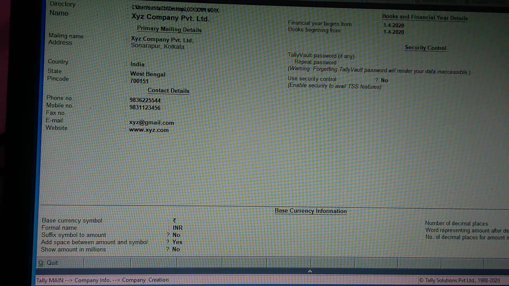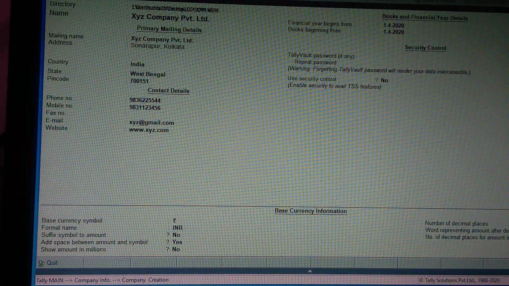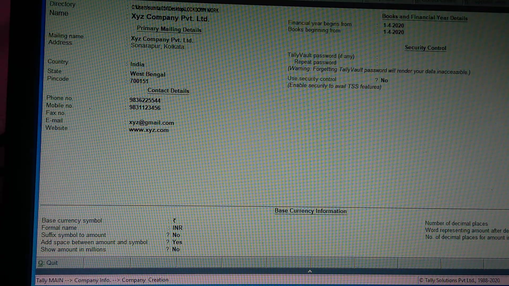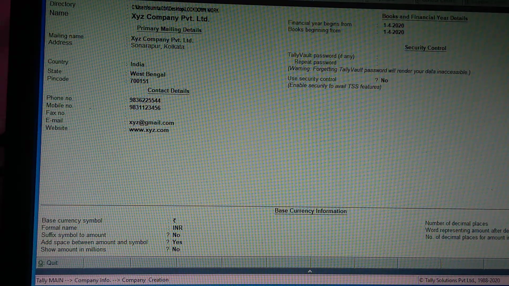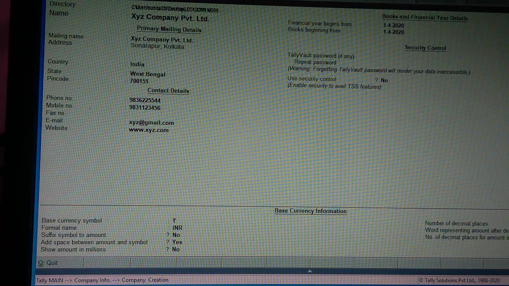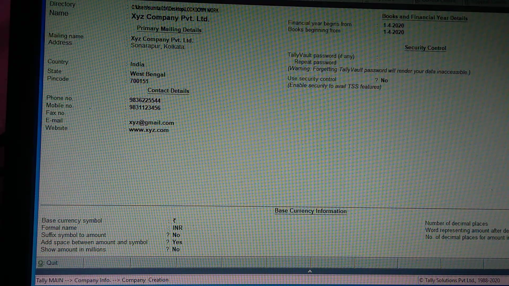It's default. You can change it if you want, but it's not necessary for the default currency information. If you have an Indian company, I recommend you do not use this option.